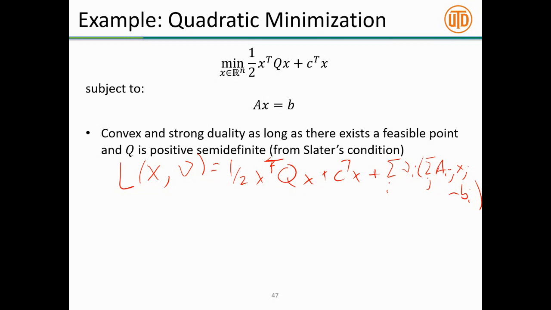Constructing the gradient of this with respect to x and evaluating it at the optimal point x star, nu star, the gradient of the first piece is just Q times x star plus c, plus the sum over all i of nu_i, and the gradient of this term just looks like